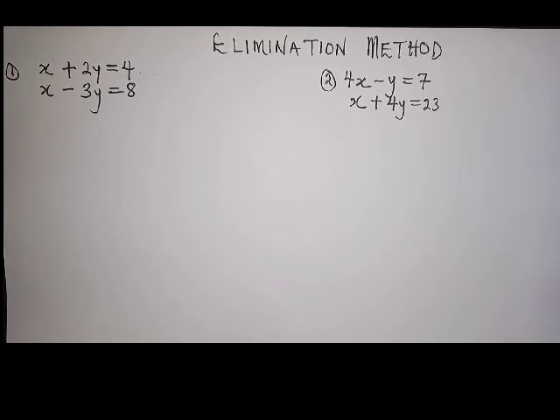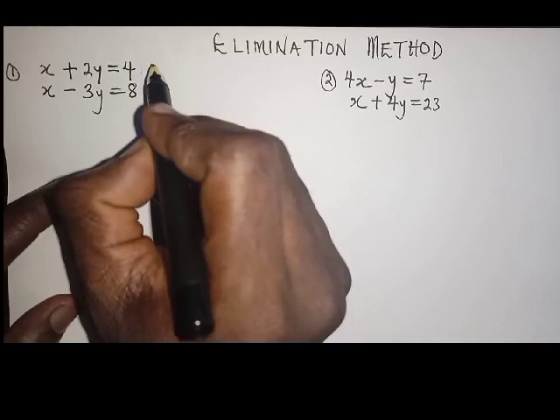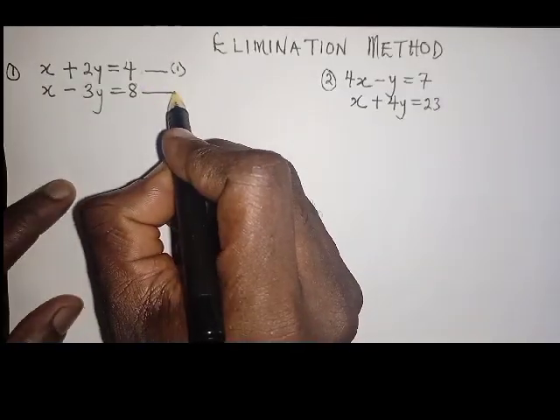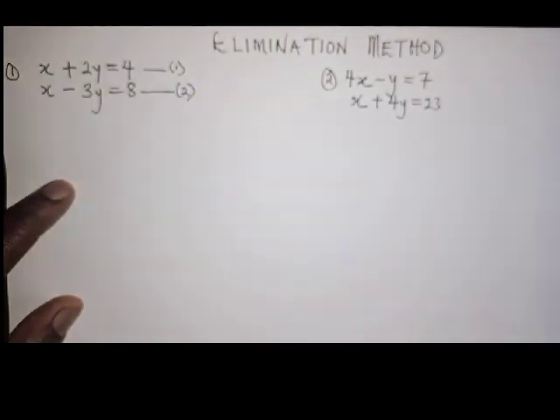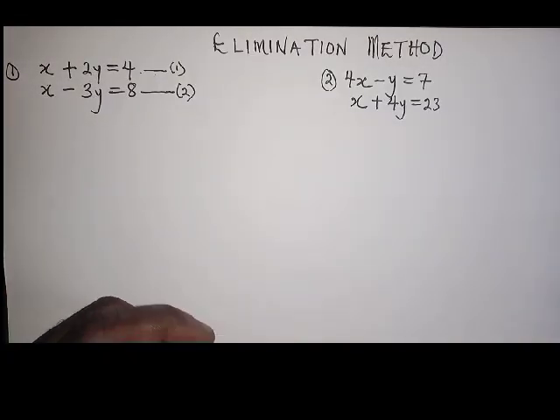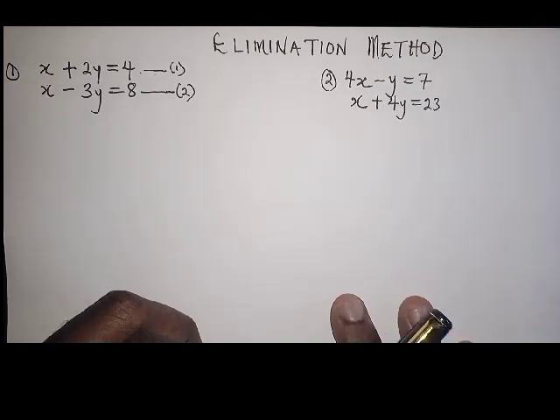Hi guys, today we want to quickly look at the elimination method of solving simultaneous equations. So we have this problem: x plus 2y equals 4 as our first equation, while this is our second equation. The elimination method, all you need to do to solve it is to simply look out for